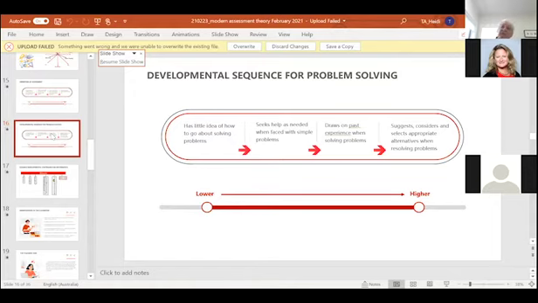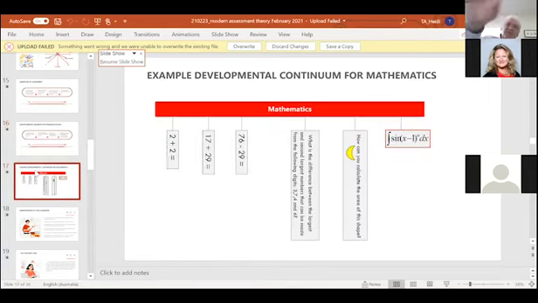Whereas if you look at the other end, further along the line, a student, when they see a problem, can suggest different ways of tackling that problem and come up with ways that you haven't thought of yet. That's what we do. We try and map out what growth looks like, and then we give the children the opportunity to prove to us what they can do. On the basis of that evidence, we can say they're at the second point or the third point. And so we're starting to track them along this developmental continuum,